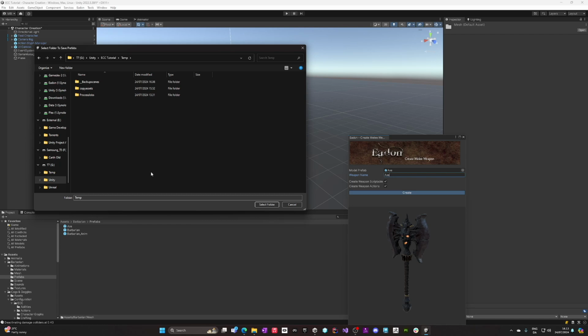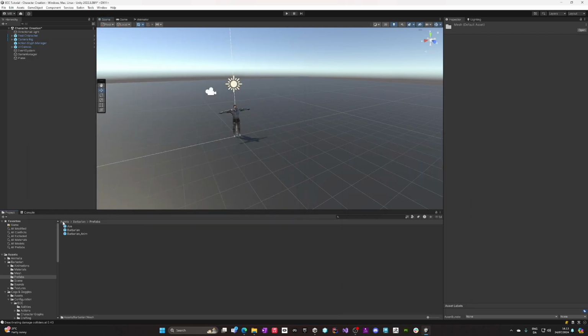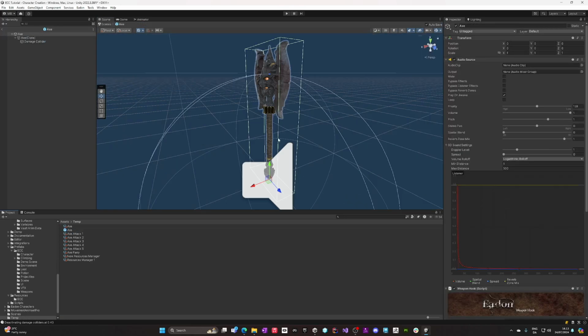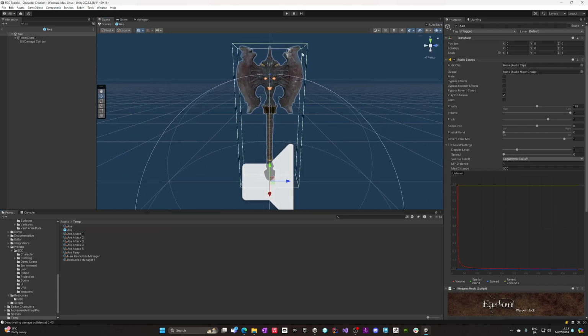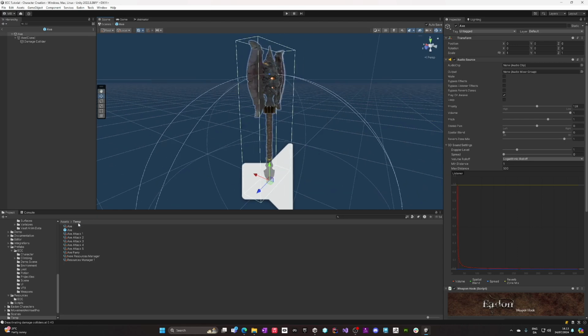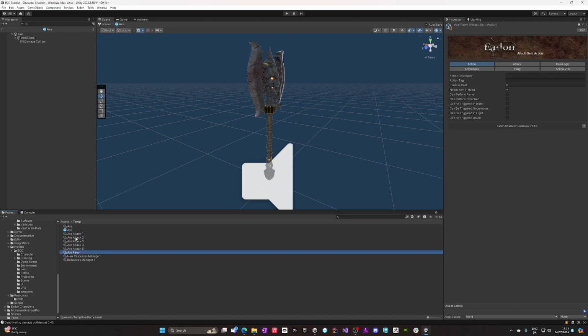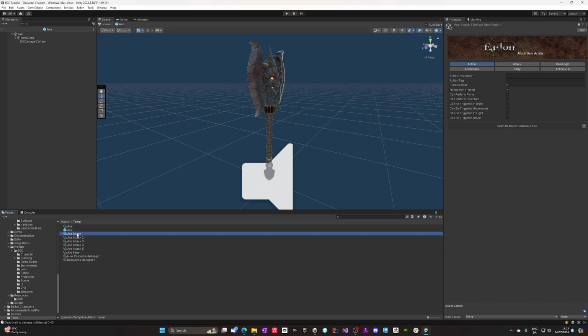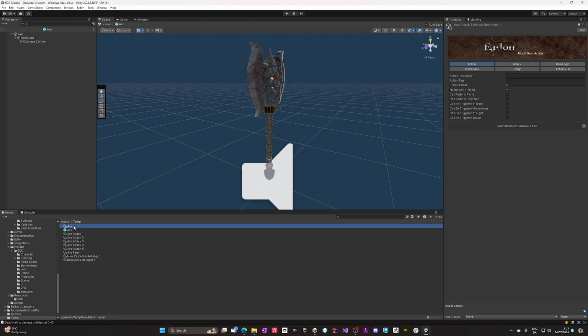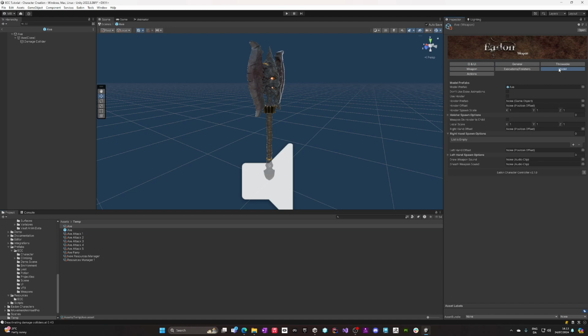find a folder in the asset folder, and this will create the weapon prefab pre-configured with a damage collider that covers the weapon, which you can tweak how you prefer it. You get the weapon scriptable object with some basic information filled in, and you get the attack action, which you can use or not use. But basically now you have this weapon, which as you can see has